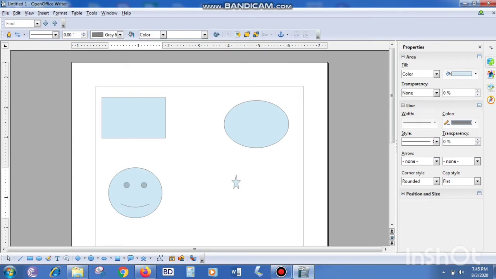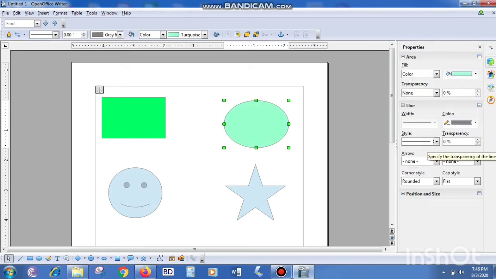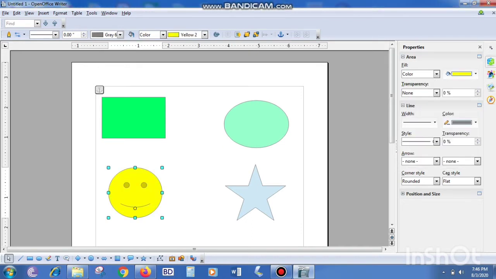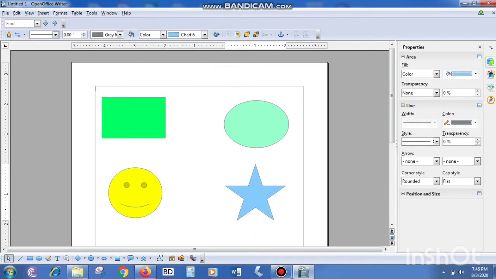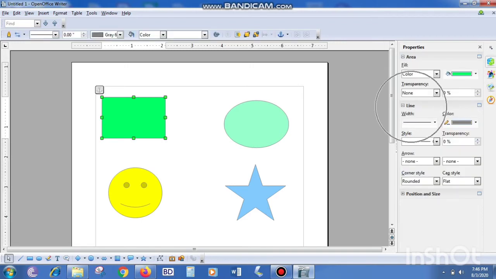After drawing the object, you can fill it with different colors. For doing this, click on the required shape or object to which you want to fill color. The image properties will appear at the right side of your window panel. From here, you can select whichever color you want to apply to your selected shape. Using image properties, you can even change the selected shape's border with border color and border style as shown here.